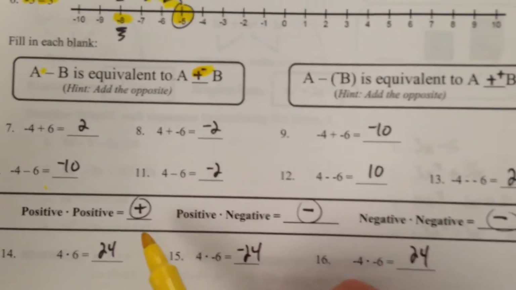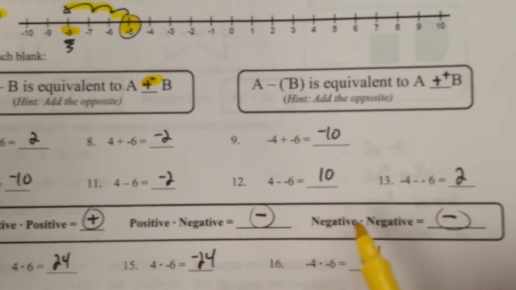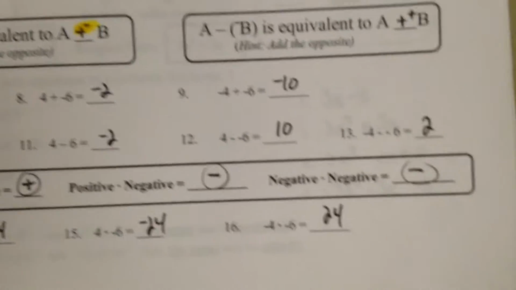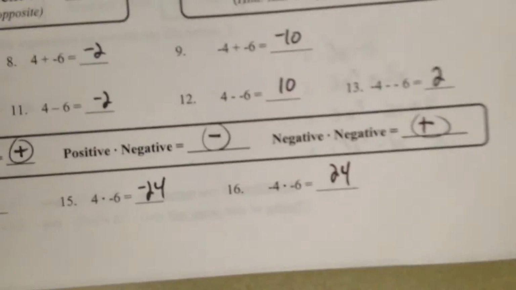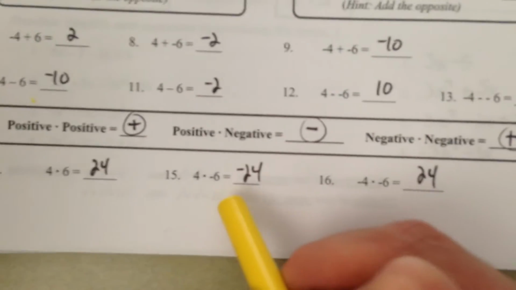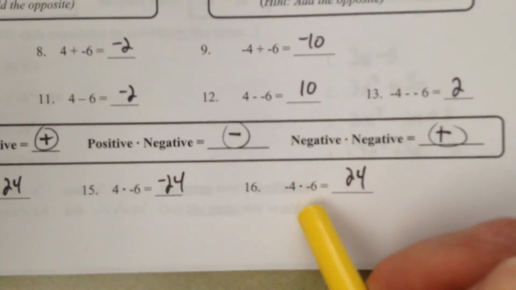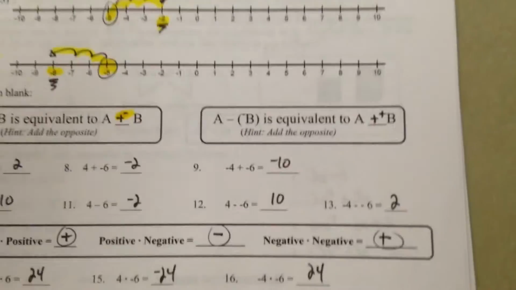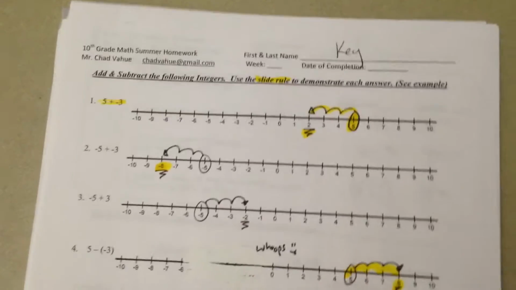Positive times a positive is positive. Positive times a negative is negative. Negative times a negative is, whoops. Hold on. That should say positive. There we go. Okay. So 4 times 6 is 24. 4 times negative 6 is negative 24. Negative 4 times negative 6, once again, is positive 24. At least I did that part right. Okay, so that was the front side of the second piece of paper, or page 3, however you want to